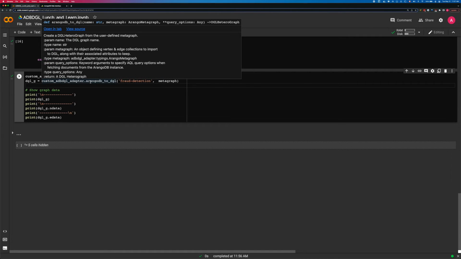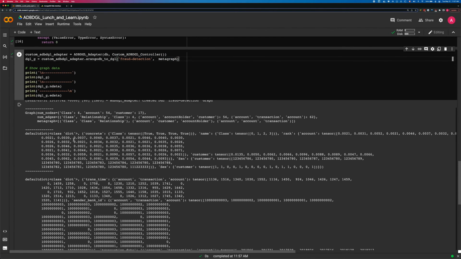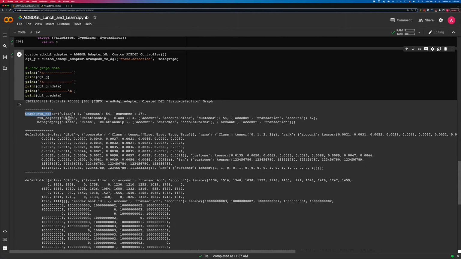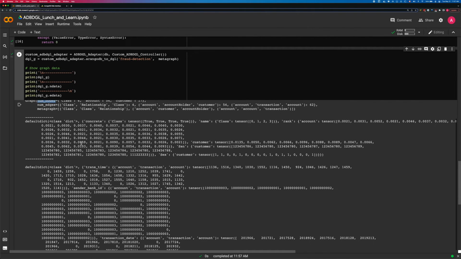And we can just call the ArangoDB to DGL method just like we did normally, providing the graph name and the ArangoDB metagraph. Once it's created, we can access, for example, some general graph information, just like the number of edges and the number of nodes. But more specifically, let's take a look at the ndata interface, for example. We can see that the attribute name belonging to the class node type did in fact properly convert. So we can see here, this was, from what I remember, bank, branch, account, and customer.